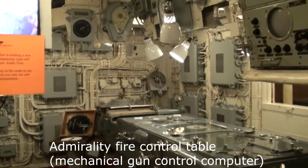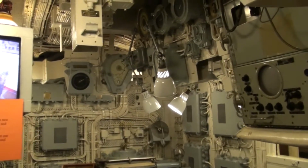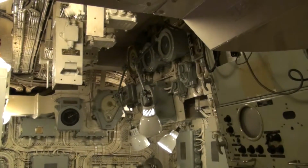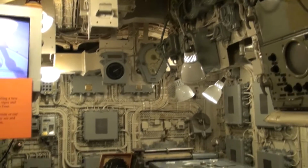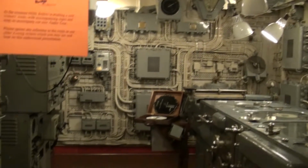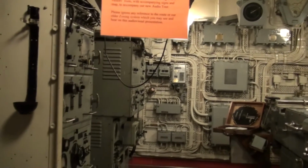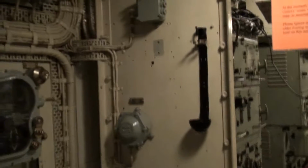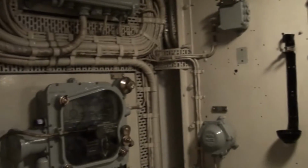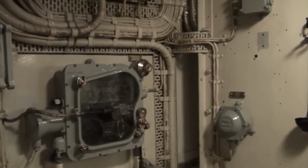In the centre of the transmitting station is the Mark VI Admiralty fire control table, the mechanical computer which calculated the gun elevation and training required for HMS Belfast's main armament to engage surface targets accurately. Information about a target's range, speed and bearing relative to HMS Belfast's own position was received from either or both of the ship's main armament director control towers, or from the